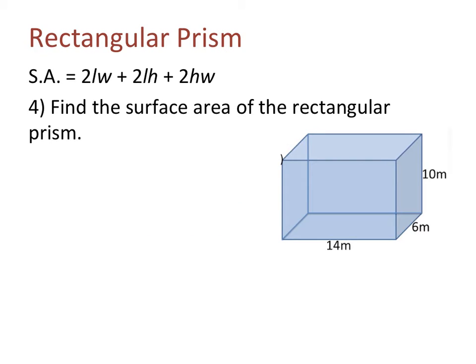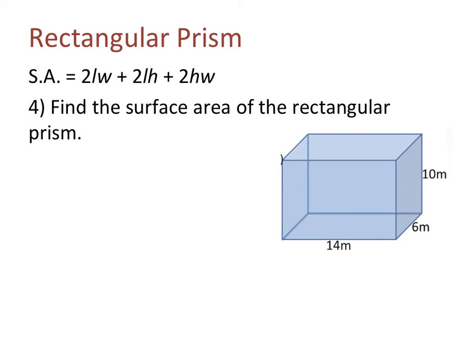Okay, we haven't looked at a rectangular prism yet, but pretty much it's just the 3D of a rectangle. And if you recall, to find the area of a rectangle, you just take length times width. Well, now the rectangular prism has three measurements. It has a length, a width, and a height. So the formula to find the surface area of a rectangular prism is SA equals 2 times the length times the width, plus 2 times the length times the height, plus 2 times the height times the width,